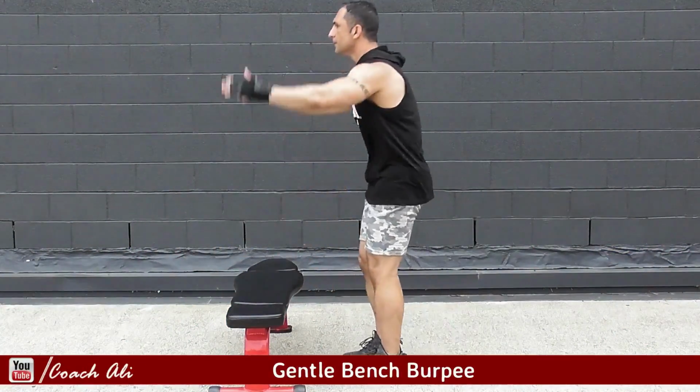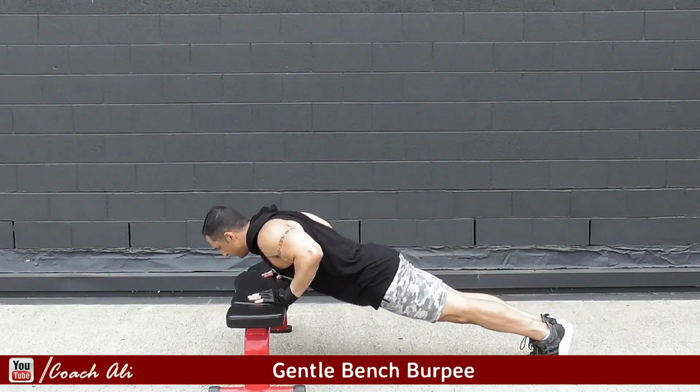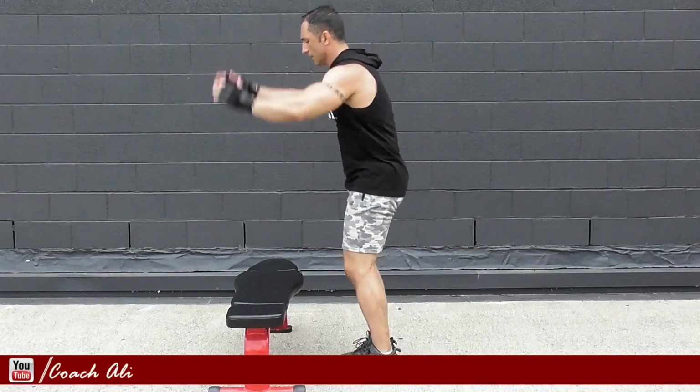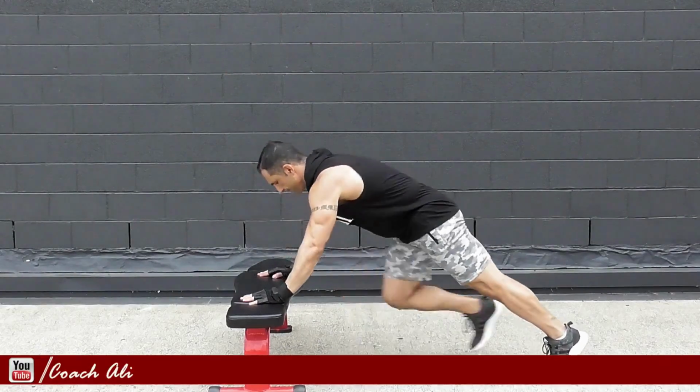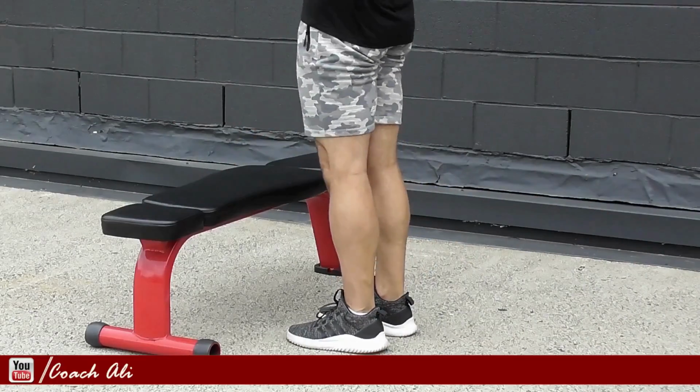So this will be a really good warm-up in particular. We're going to work some gentle burpees using the bench, and then we're going to switch it up and do some fast feet, get that heart rate up, and then we're going to finish the set off with some push-ups